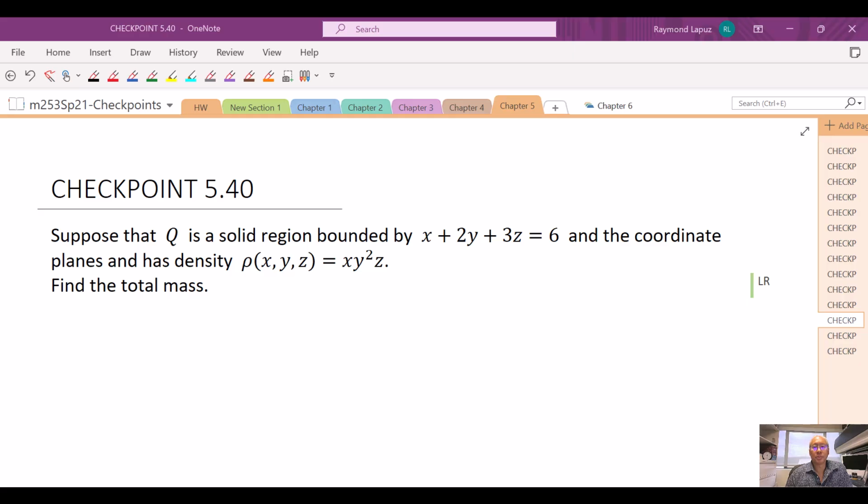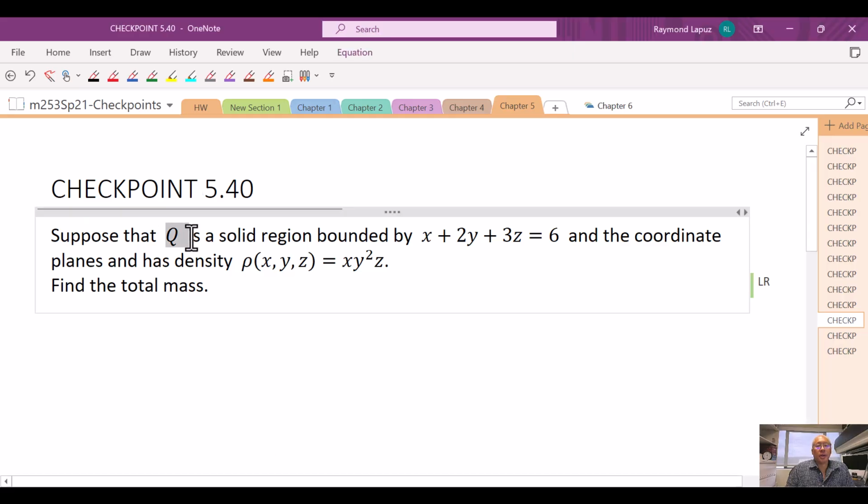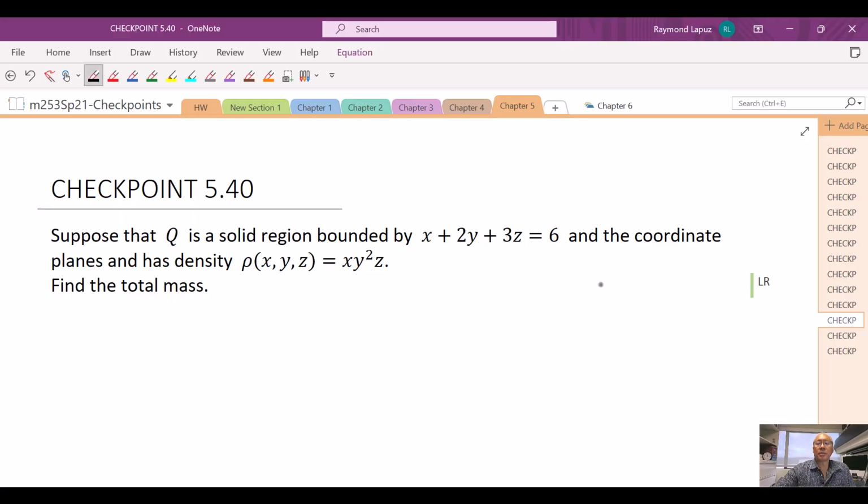My name is Lapuz. I'm an instructor for the course, and we are looking at checkpoint 5.40. Here we have a solid Q that's bounded by a plane x plus 2y plus 3z is equal to 6. And then they want that to be the top part of your solid, and then the sides and the bottom would be the other coordinate planes. So I'm looking at this as possibly a tetrahedron in our three-dimensional space,